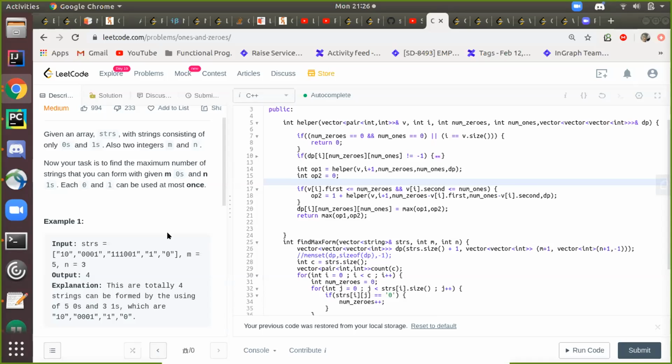Right. So we are looking for the maximum number of strings. So for example, see in this example 1. While I was explaining this example, when I came to the string 111 and 001, I just could not take it because I didn't have the sufficient number of ones and zeros. Suppose I had the number of zeros and ones required to include this string, I would have taken it, but this string is a longer one. So at the cost of this string, in the future I might not be able to take strings which were shorter than this and would have contributed more to my count.